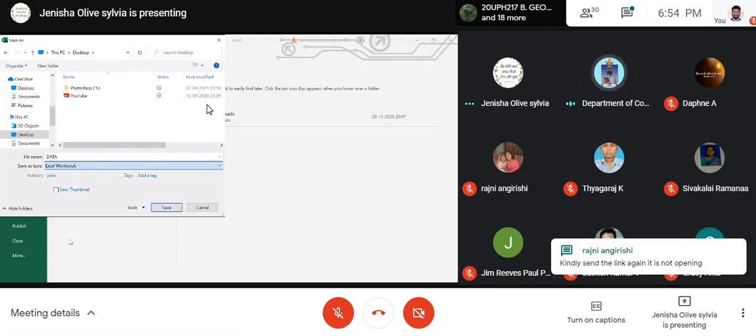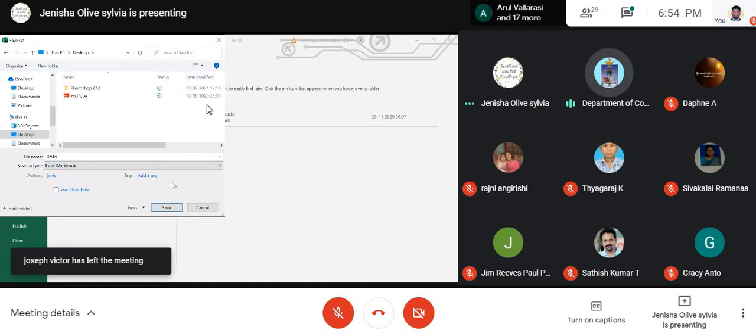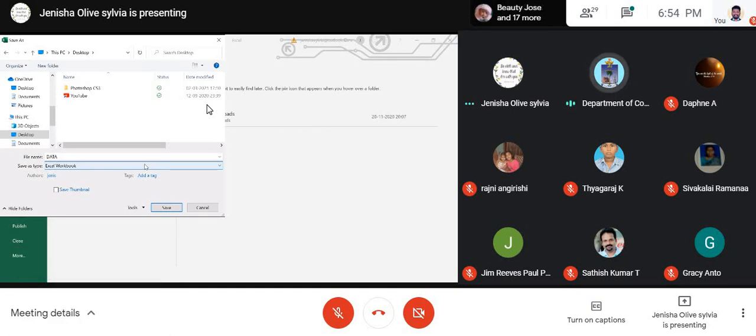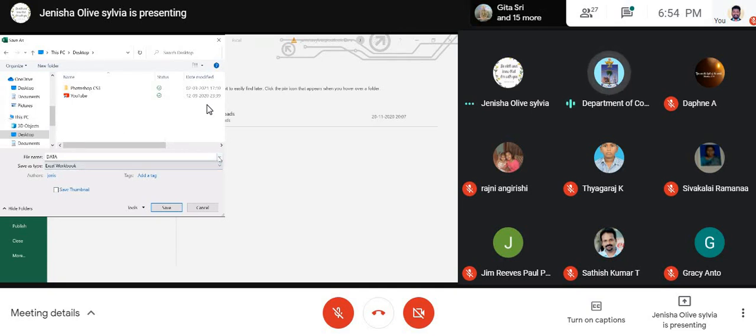Excel workbook. Click there, ma. Click save as type, no? Click there, ma. No, ma, not save as, save as type. On the top, save as type. Click that Excel workbook arrow mark, ma. No, look at the file name. Below that, there is an arrow, no? Below that, there is an Excel workbook, no? Click that arrow. Yes.